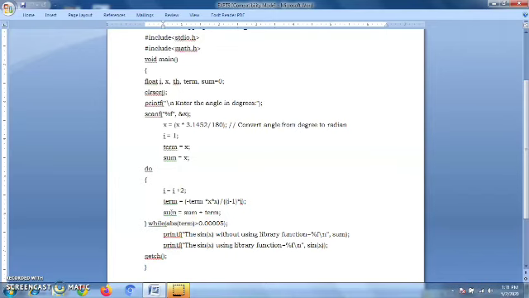As per the problem statement, we have to display both the values: the calculated value as well as the automatically computed value. For that we have two printf statements here. The first one is printf the sin of x without using library function equal to %f. Without using library function means this is the calculated value. It is present in which variable? It is present in sum. So the %f is replaced with the variable sum. This is to display the calculated value.